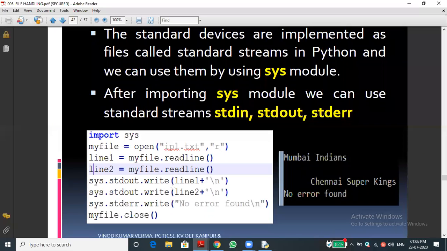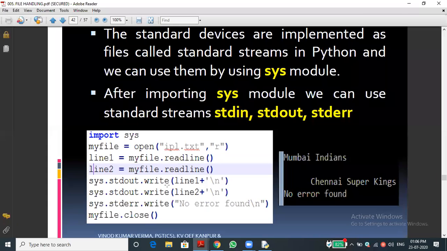It is directly writing onto the screen, because that is the standard output device we saw previously. What is the standard output device? Monitor. Standard input device? Keyboard. Standard error device? Monitor. So it writes directly onto the monitor, which nowadays is just our screen.